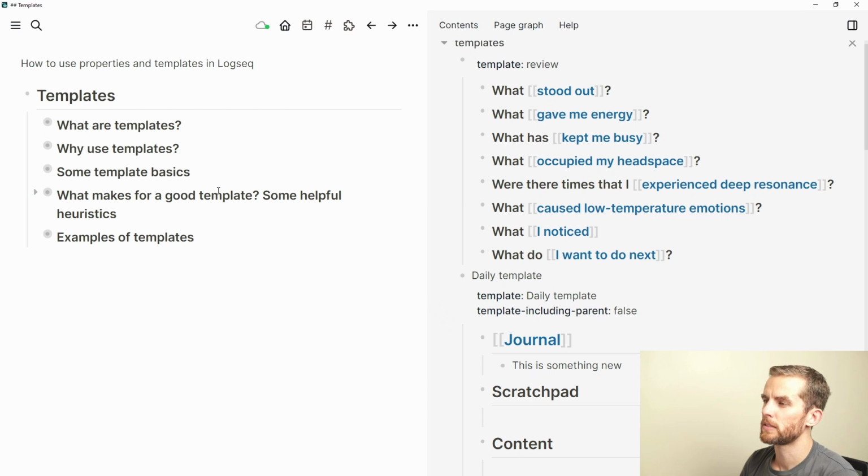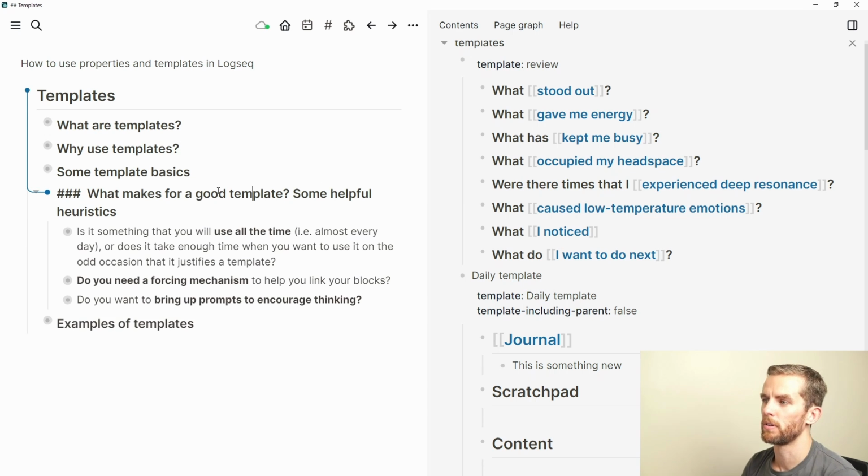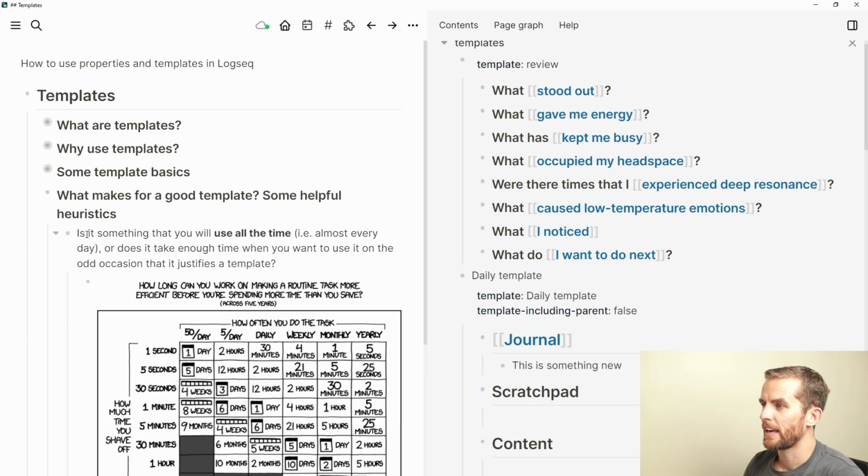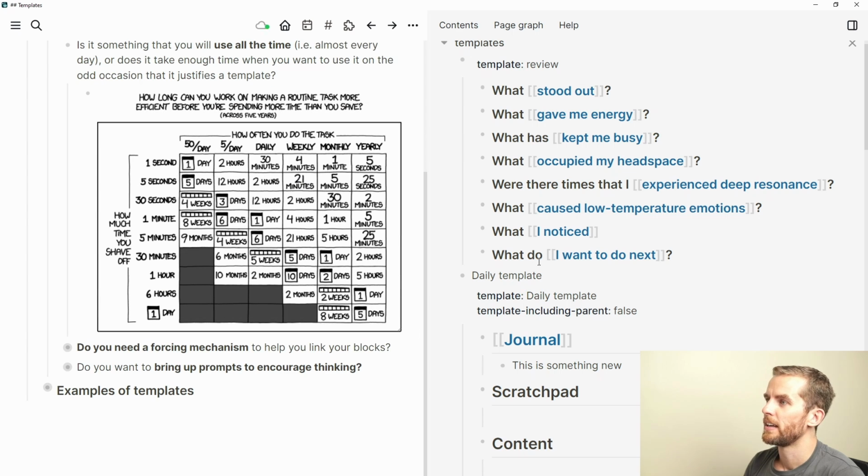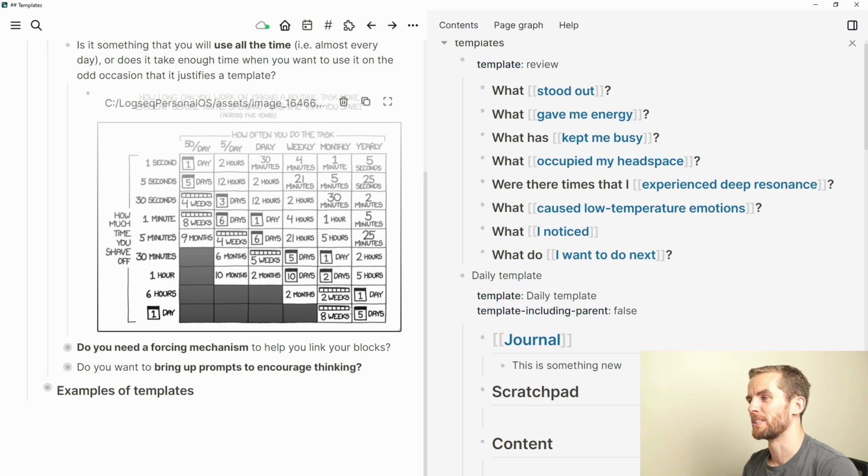So what makes for a good template? These are just some helpful heuristics. If it's something that you're going to use all the time, I would definitely suggest making a template, so long as it justifies the effort. And there's this funny XKCD, or however you say that thing, which says how long can you work on making a routine task more efficient before you're spending more time than you save. So for those who have worked in programming or have tried to automate a very simple task, sometimes it's just not worth automating a task, but oftentimes, specifically in Logseq, I've found it to be useful to me to use